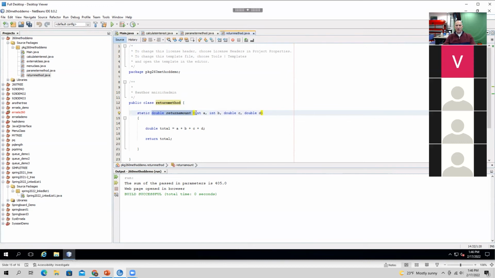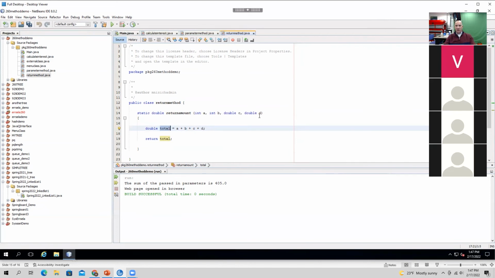And that method is going to take 2 integers and 2 doubles, all right? This particular method name, return amount, is looking for these values, okay? We're saying that this variable, a variable type of double, is equal to the sum of all 4 of these inputs that we're going to send in, okay?